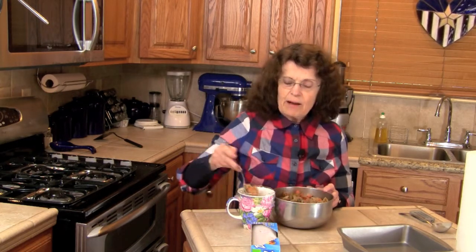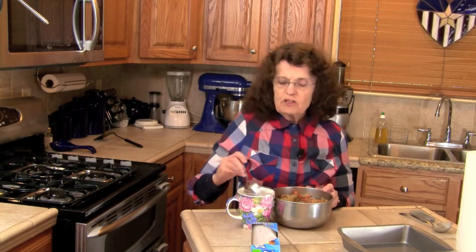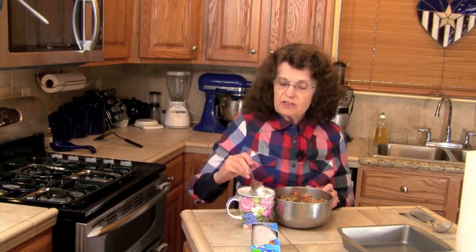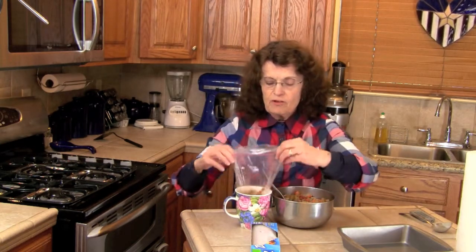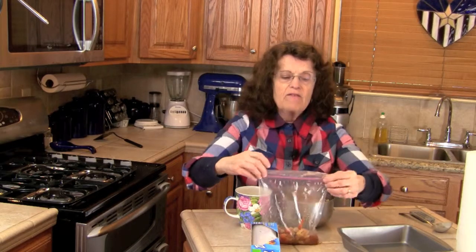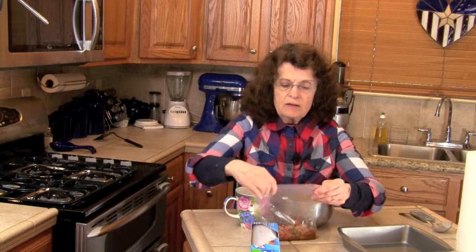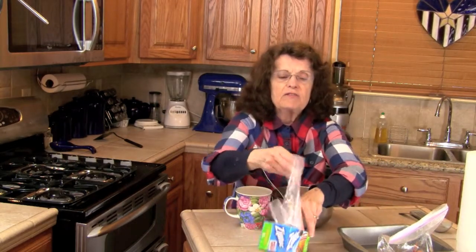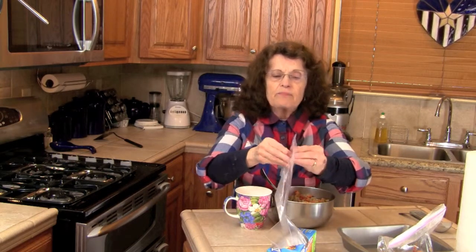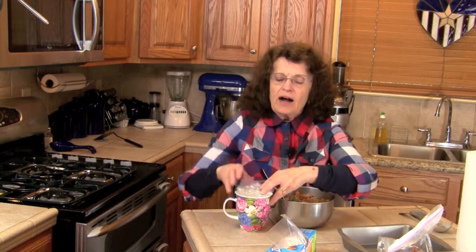Anyway, I take a cup. I'm going to put a cup of this soup, which is an individual serving at 50 calories a serving, and I'm going to put them in the freezer so that I have them whenever I want a cup of soup. Okay, so this is what I do. I'm just going to do a few of these just to give you the idea, and then what I do is, just as I did before, I put these bags into